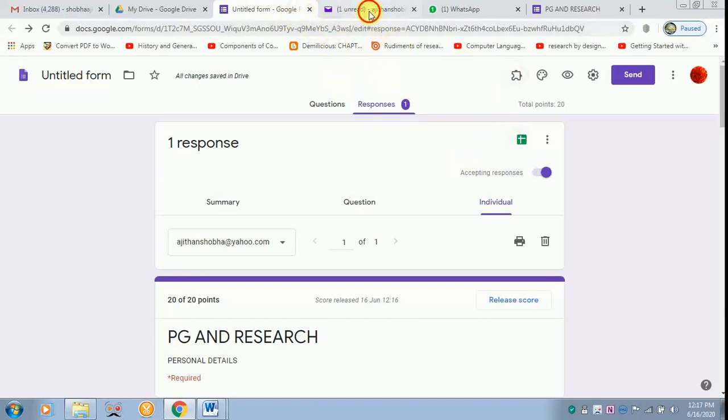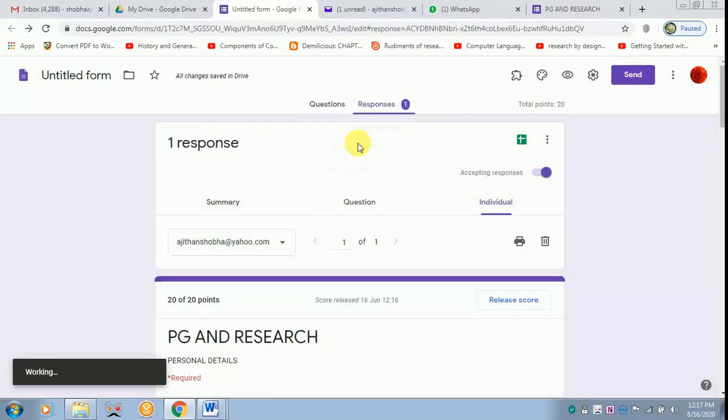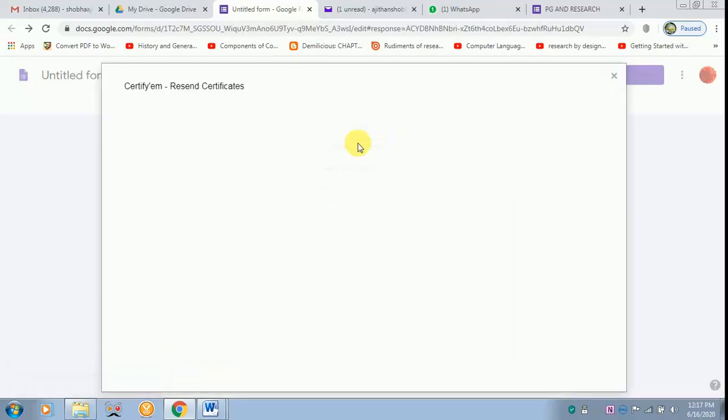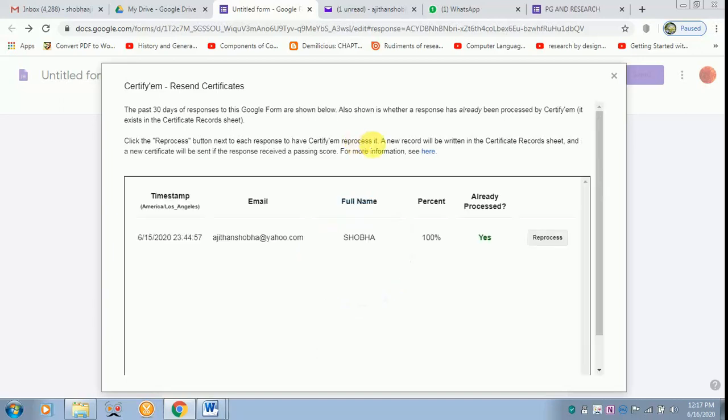If still they haven't received it, we have to go back to CertifyM, resend the certificates. So it has been already sent according to our data, that is the host data.